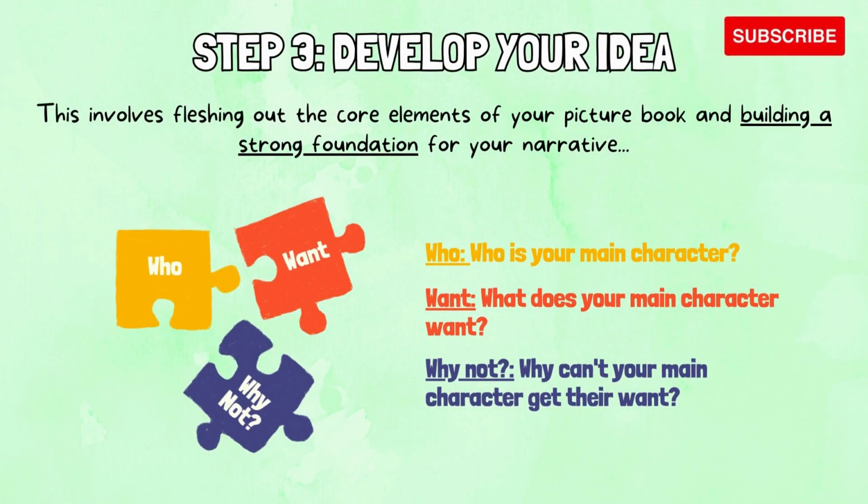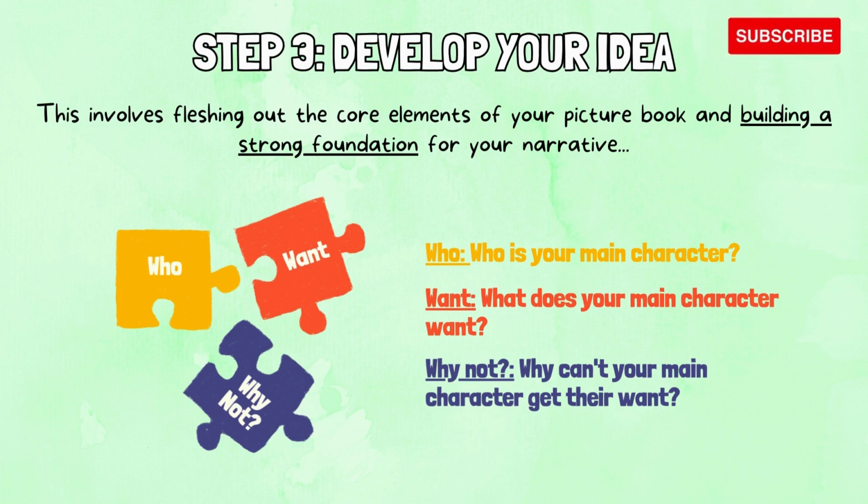Step 3. Develop your idea. Once you've brainstormed a pool of exciting ideas, step 3 is where your chosen story starts to take shape. This involves fleshing out the core elements of your picture book and building a strong foundation for your narrative. Here, you can choose one idea from the previous step and form a 1 to 2 sentence idea summary for